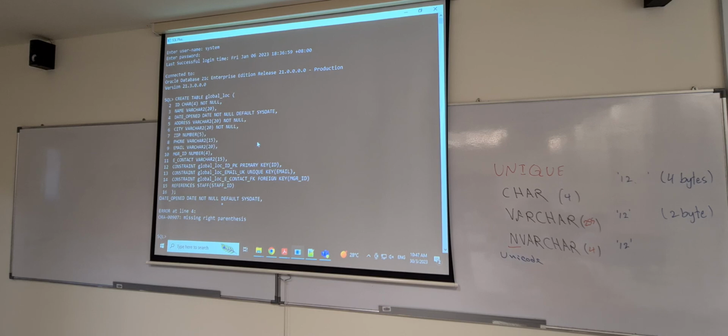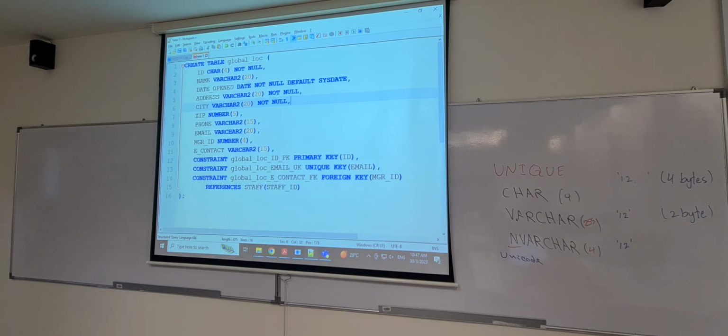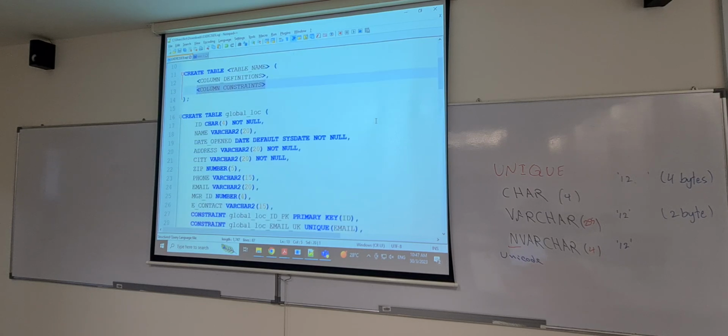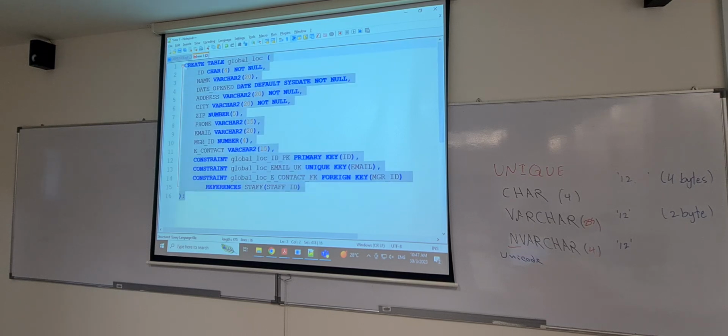What does it say? Date opened. This is the error here. No need to read everything. Date open, date not null, that's fine. But here it put an asterisk. That means the error starts at this location, default. Date not null, default. First default, then not null. It's just the order. So you put default, then followed by not null. Try again, copy,